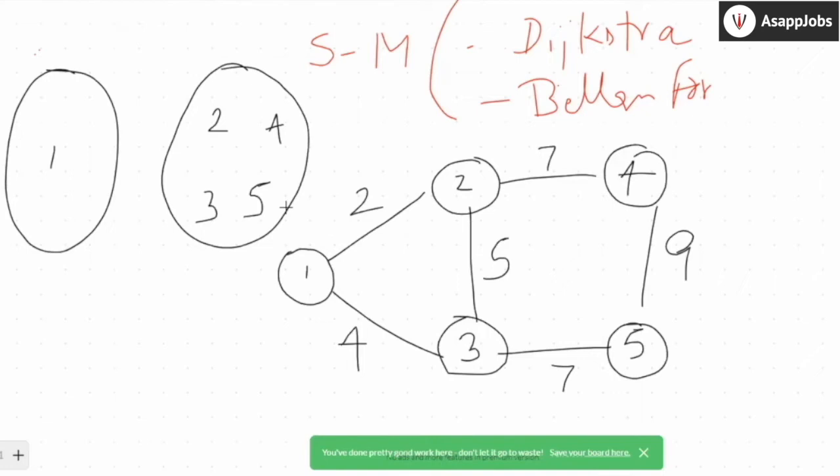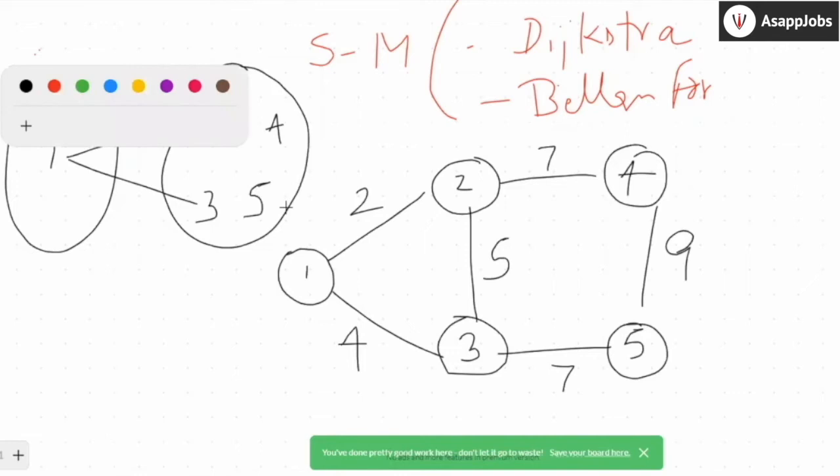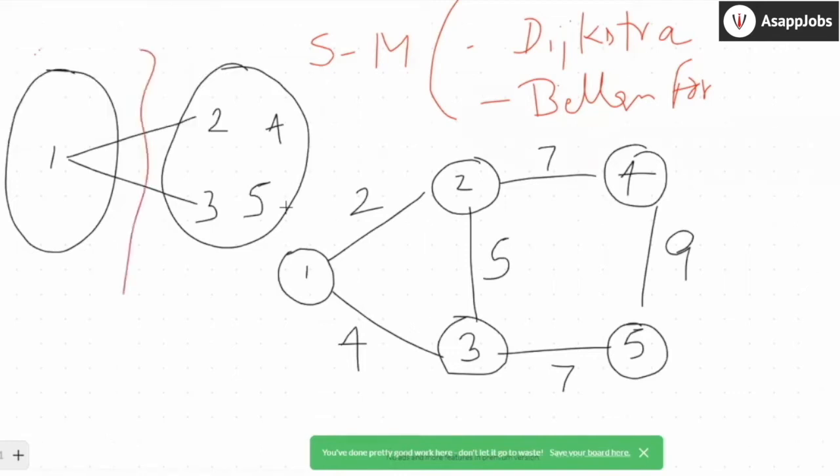So what are the edges? One connects to 2 and one connects to 3. So if I just remove these two edges, my graph will become disconnected. So that means it's a cut. On a cut, you always pick the minimum weight edge as your next consideration. So here, I'll pick the edge which is minimum weight, from 2 and 4, I know the weight minimum is 2. So I'll pick the edge with weight 2. Okay, now you pick this edge.